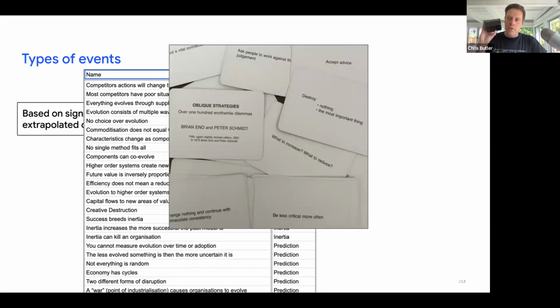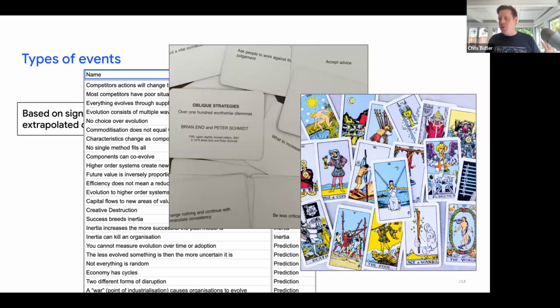Oblique Strategies are a card deck that Brian Eno and Peter Schmidt created to help unblock creatives, mostly musicians and writers, but they end up being provocations. I've even used provocations like this to get people to think about a reframing. And then I go way too far. I've even used tarot decks, with their mysticism, as a way to think about reframing. This is something I stole from a very old school wargamer, who didn't want people, when we start rolling dice and looking at these tables, to feel everything is very official and accurate and precise in some way.